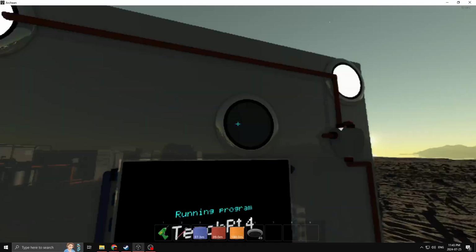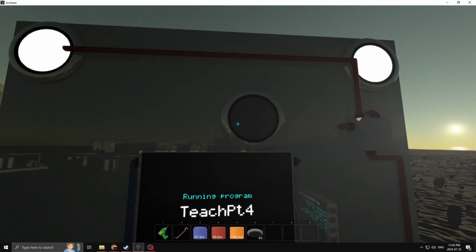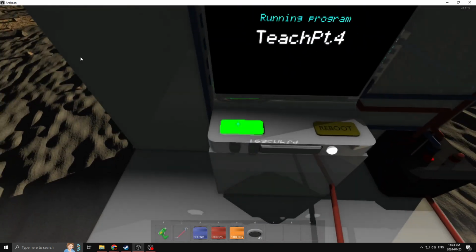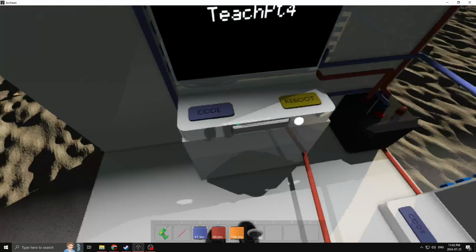However, we want to try outputs as well. I've already connected to this lamp, okay? Lamps and output code, okay? So, prints output of port 0 channel 3. If you're wondering what the channel is, okay,